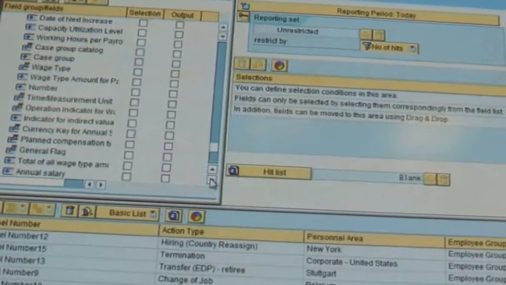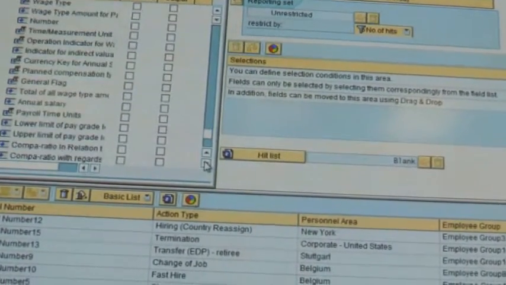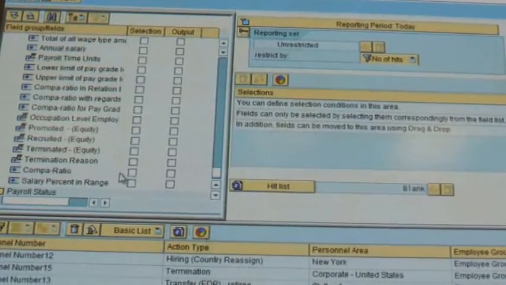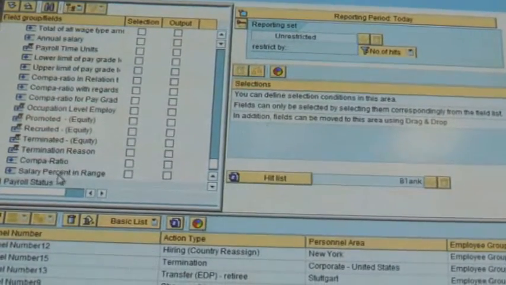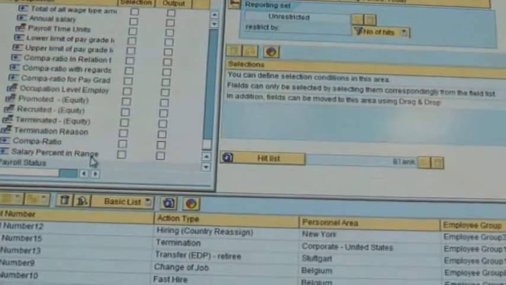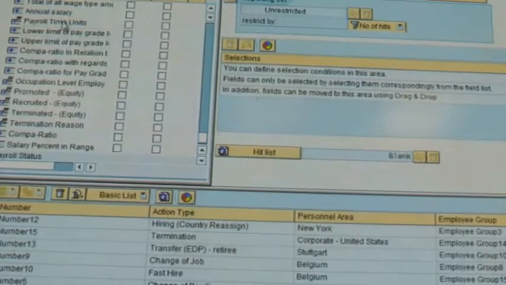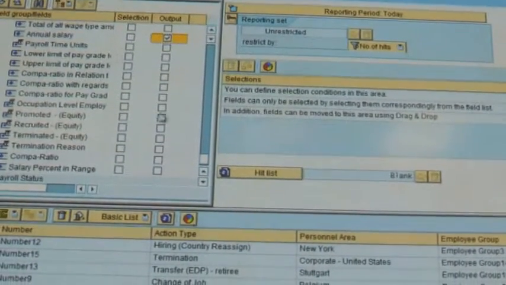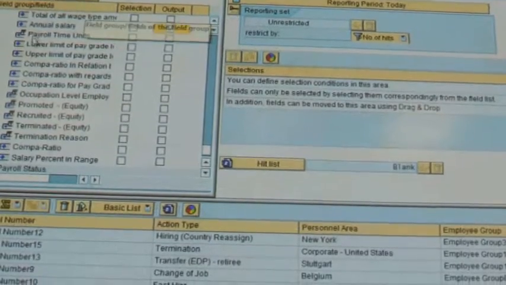Wage type. And we want the salary percent in range. No, we want the annual salary, sorry. So we take that as the output. So taking all these,